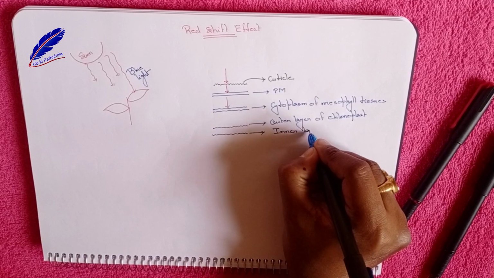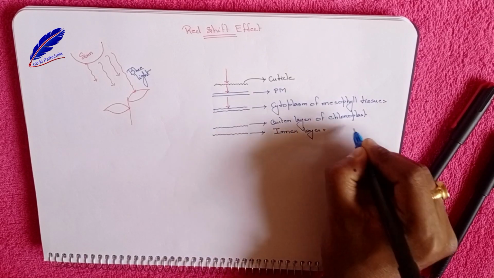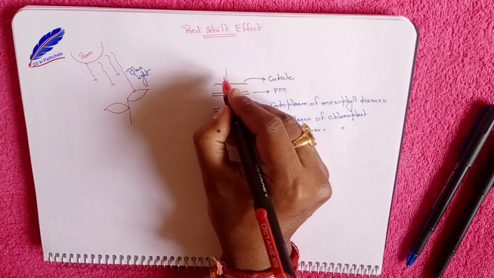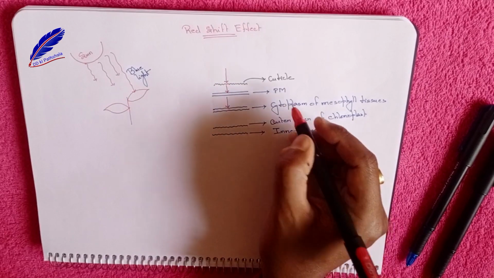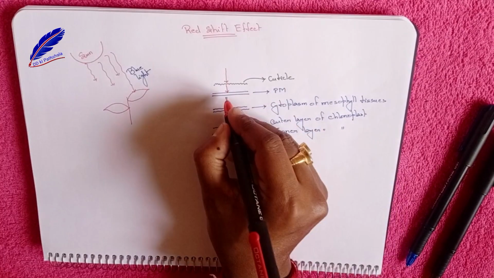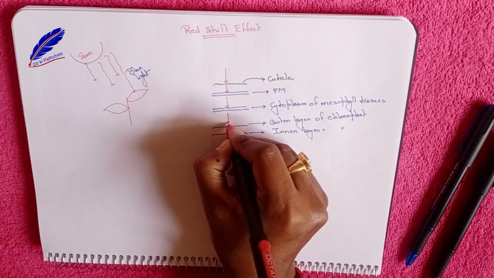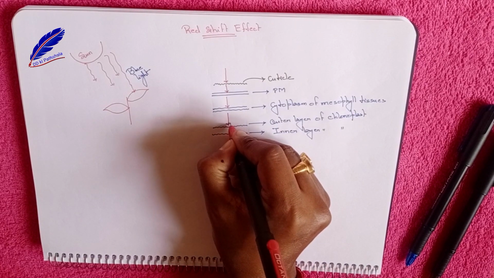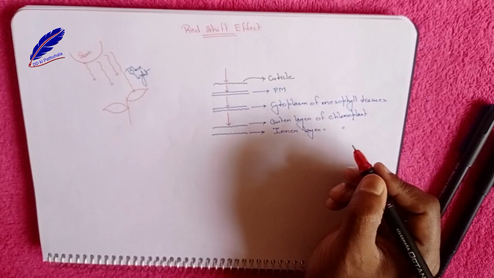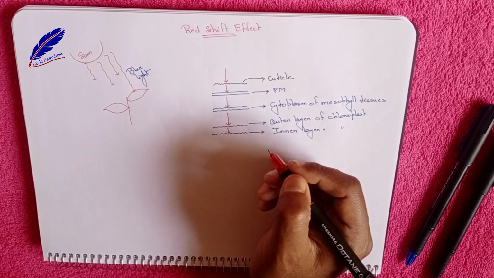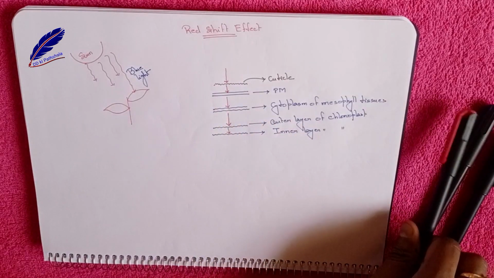So the light first strikes the cuticular layer, then it crosses the plasma membrane, and after crossing it enters the cytoplasm. Within the cytoplasm there lies the subcellular organelle, the chloroplast. The light first crosses the outer layer of the chloroplast, then the inner layer of the chloroplast, then